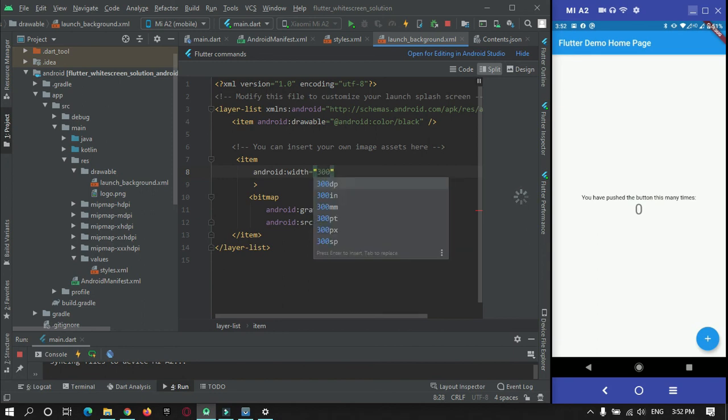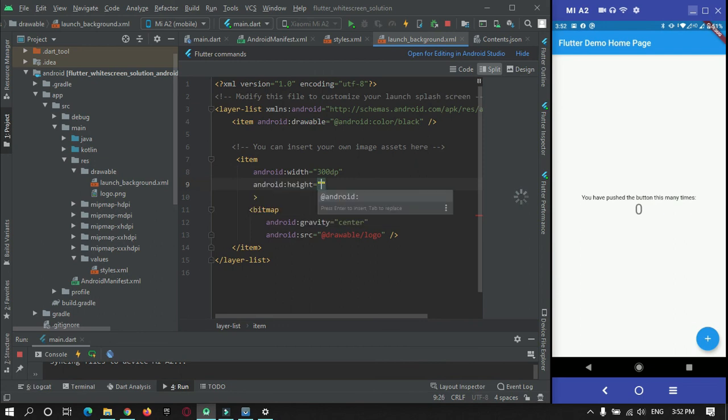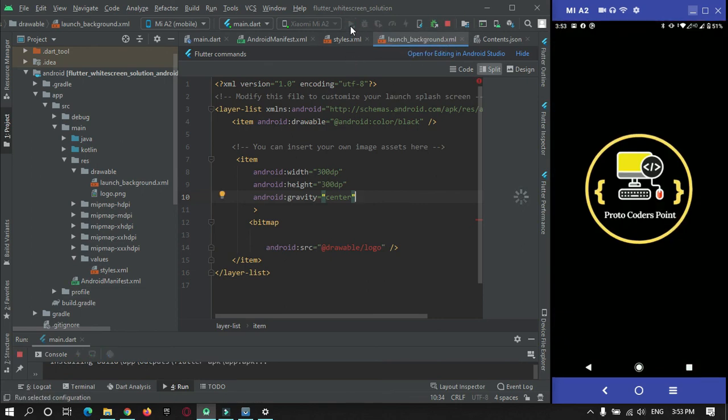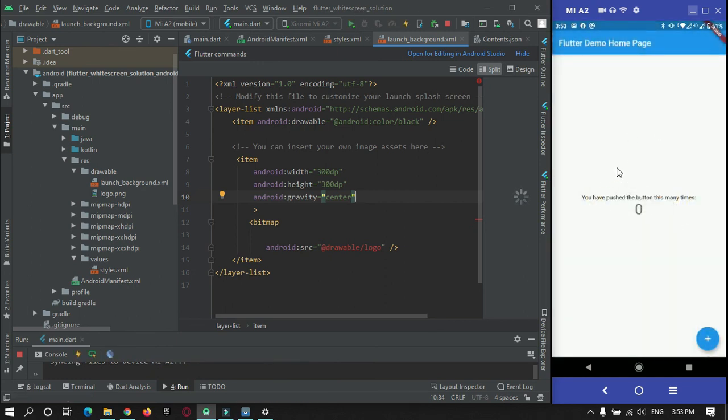We will give 300dp width and 300dp height. Then here, just add gravity, and the gravity will make it center. I will just restart the app now. As you can see, it is looking very perfect. A splash screen with a logo, and then your actual app gets opened.